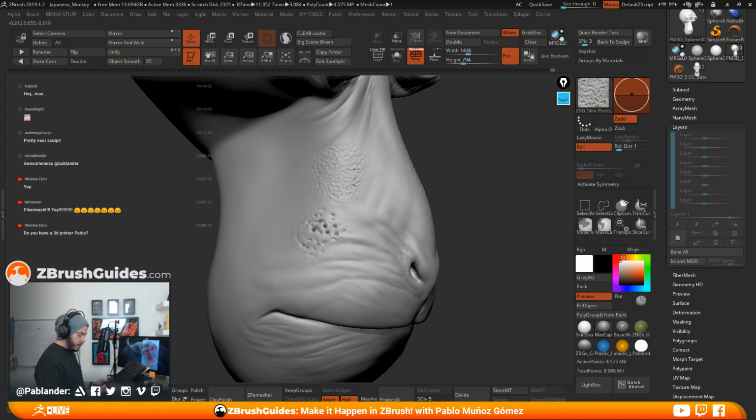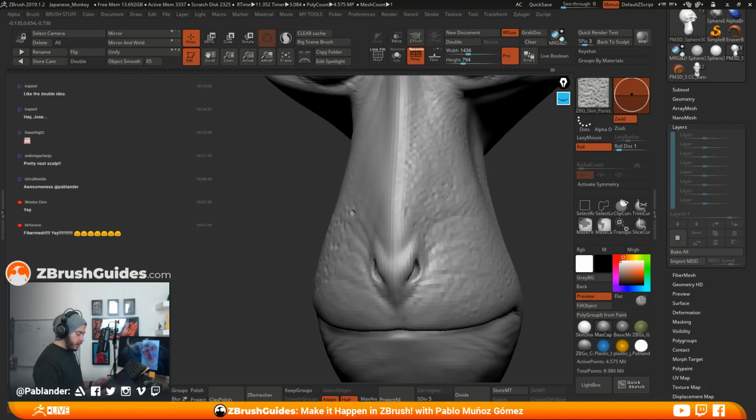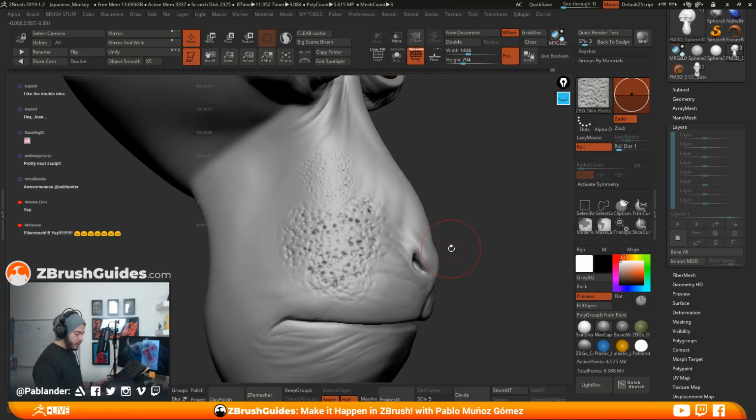And if I apply pressure, you get these other type of pores that are kind of creating the details of the skin. And this is being applied on the surface, so you're not adding a lot of volume to the sculpt. It's just adding pores to the surface. Anyway,